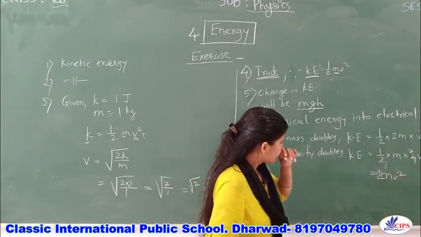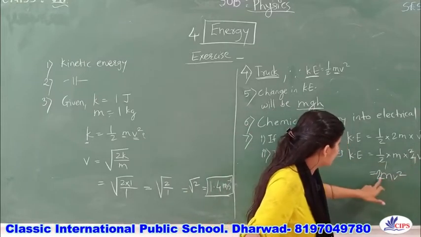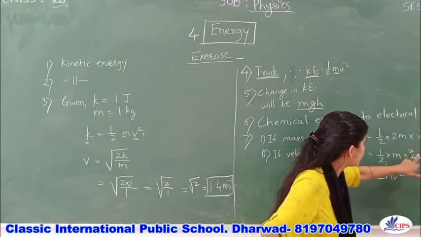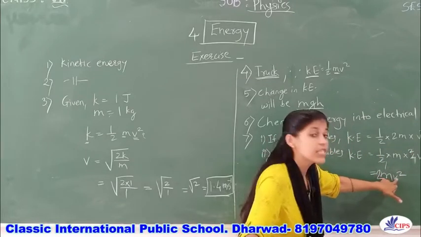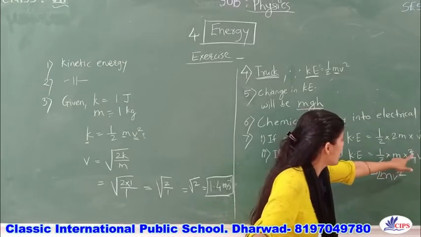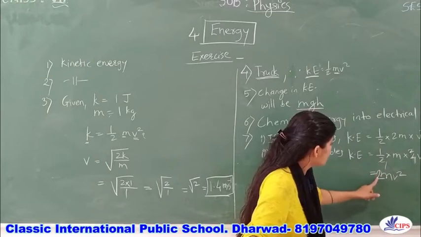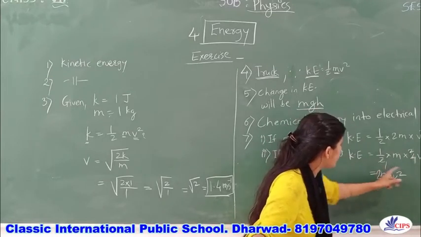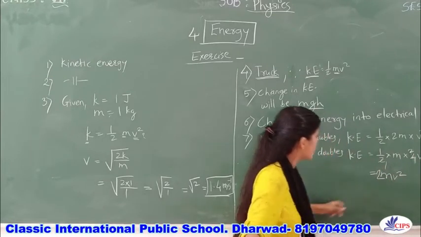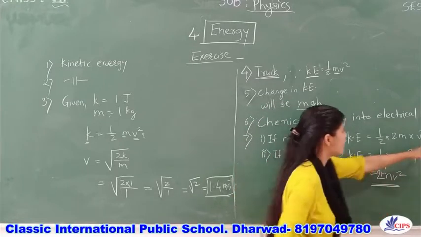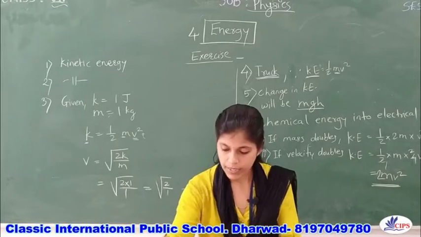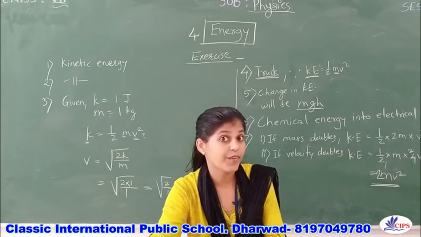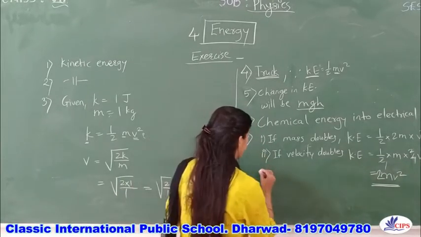Okay, so here 2mv square, and these two results we have written on this side. So your total kinetic energy is much more over here. We will compare these two terms and the answers we got. Then what should the answer be? Yes, velocity has a greater effect. In one word you can write it.